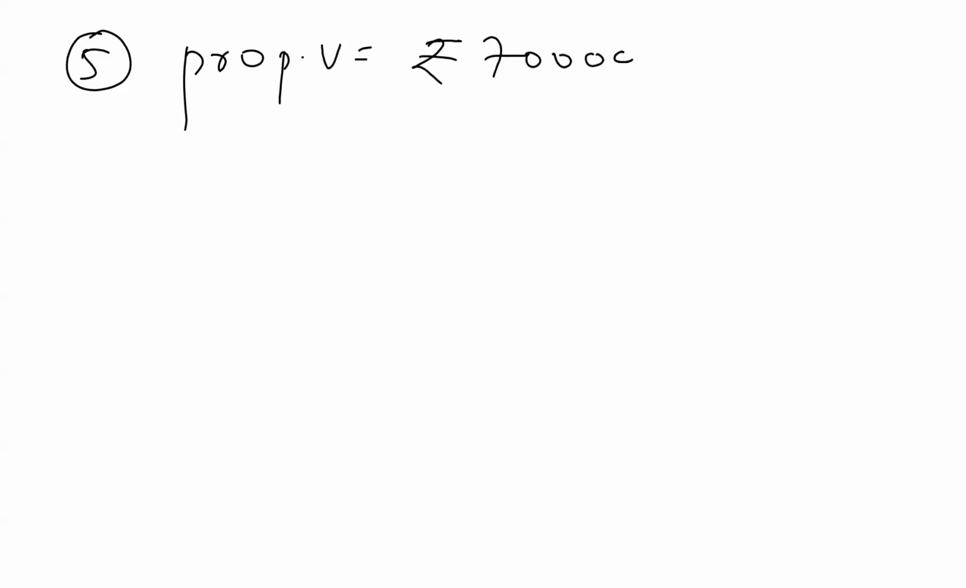Question number 5 from exercise 2.1. Stock worth rupees 7 lakh was insured for 4 lakh 50,000. So the property value is nothing but rupees 7 lakh. It was insured for, that means the policy value is rupees 4 lakh 50,000. Fire burnt stock worth rupees 3 lakh completely and damaged the remaining stock to the extent of